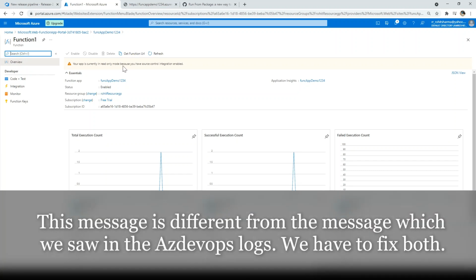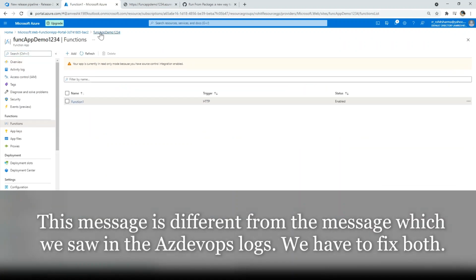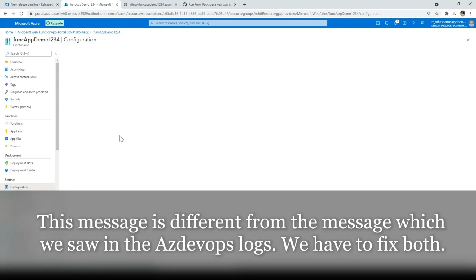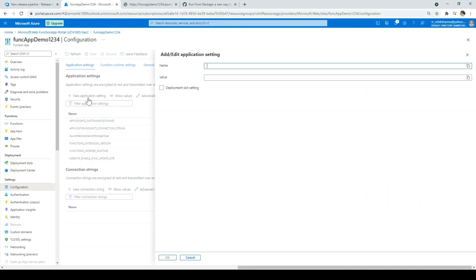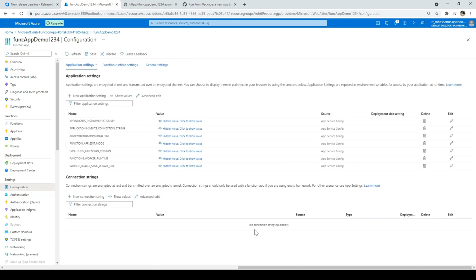To change that, go back to your function app and click on configuration. You need to add one app setting. Click on new app setting. Type here FUNCTIONS_EXTENSION_EDIT_MODE, and the value should be readwrite. Click OK.